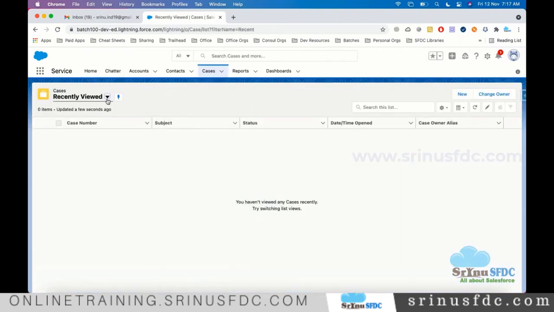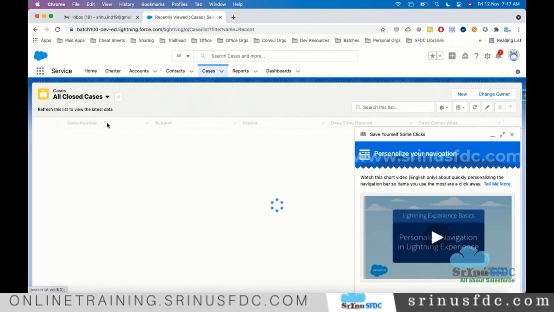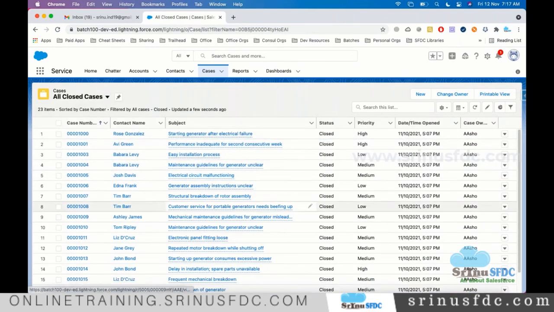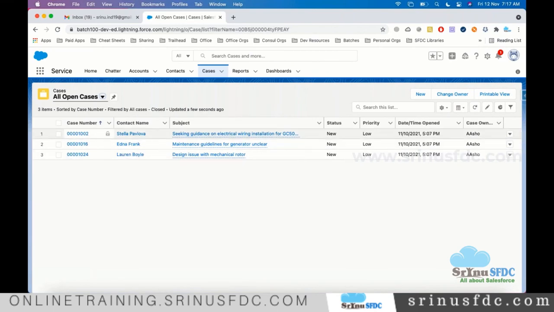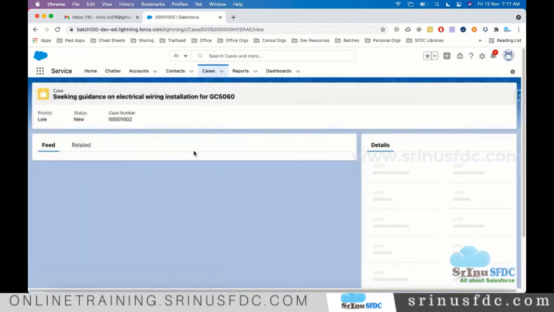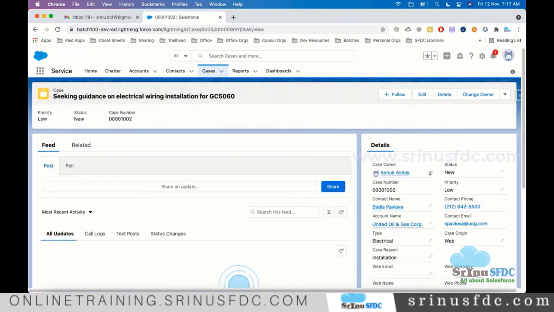Here we have some sample data. There are some closed cases, and maybe some cases are still open. You can also open this and understand how it looks.